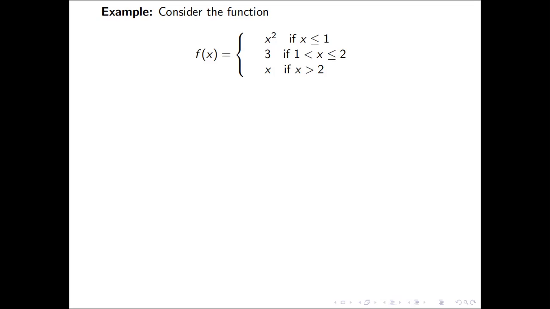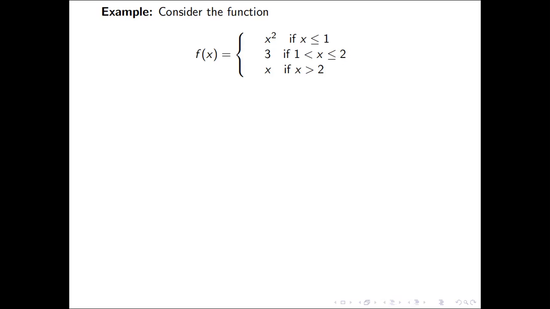Now what is f of 2? Somebody answered 3. Okay, 3. Yes, it is. Why? Since 2 is not here, this is a strict inequality. So 2 is here, less than or equal to 2. So you apply this, which is a constant value. So it's 3.